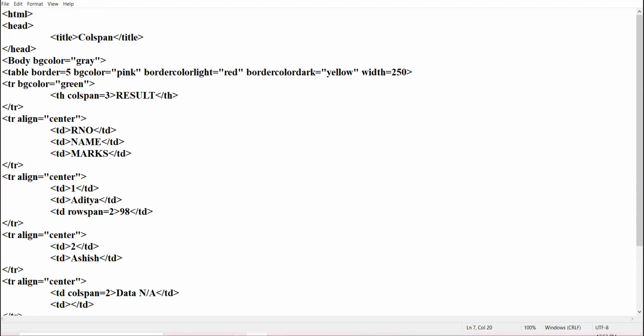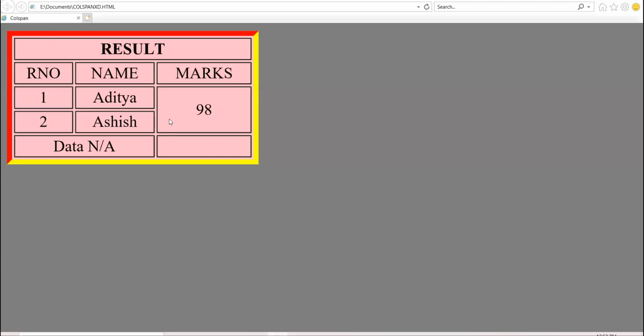Click inside the TR tag of the header row and give the attribute bgcolor and give the value green. Your header row will appear in green color. Clear? Am I totally clear? All right.